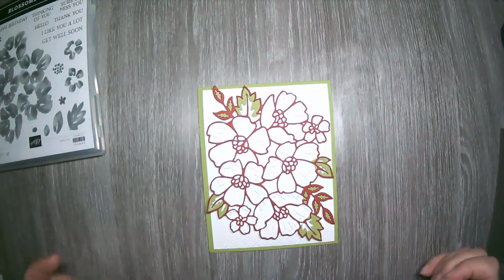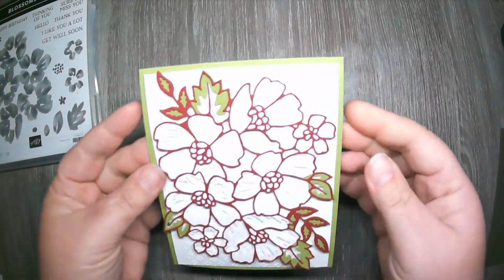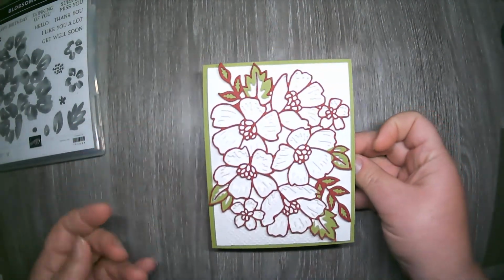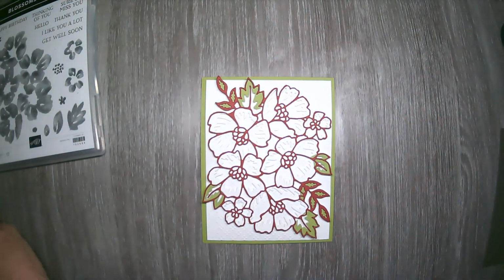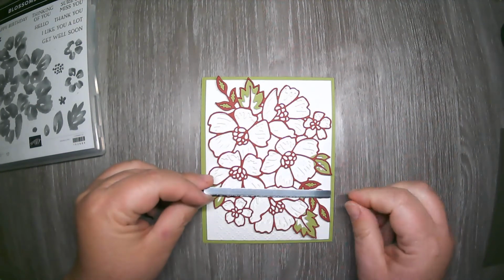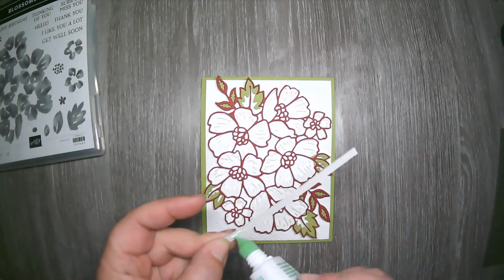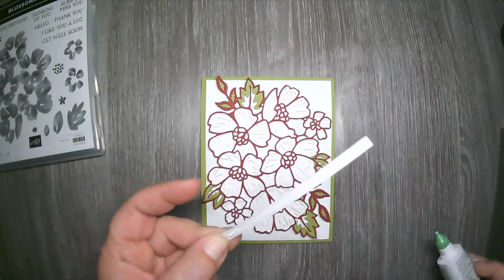Now, does that not say Christmas? Who would have thought? It's just this beautiful green, red, and white card that is just Christmas to me. And then let's add just a little bit of silver metallic bling to it because that will say Christmas even more. We'll go ahead, I'm going to use my multi-purpose glue